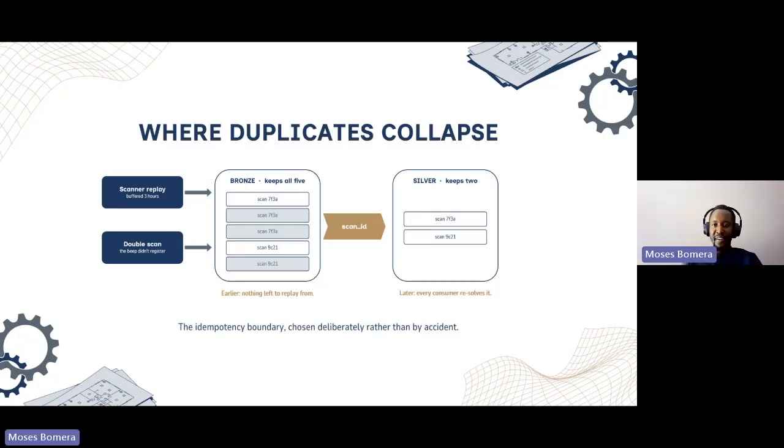But at a certain point, we need to handle the duplication. We need to conform and clean up this data, and that is where the next layer comes in. Now, this layer guarantees that even if someone scans twice at the entrance, at this layer we'll only see that one record. If a change does happen, then again, this layer will guarantee that we'll see one version of that change.